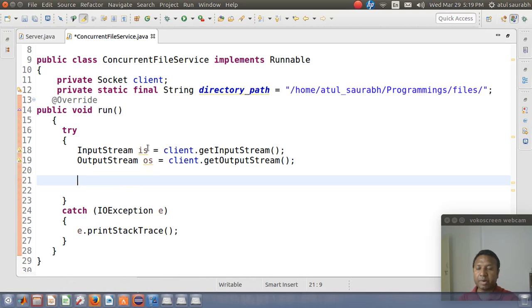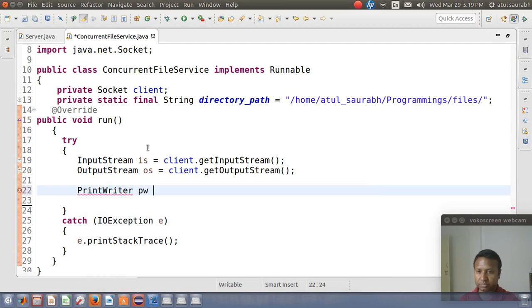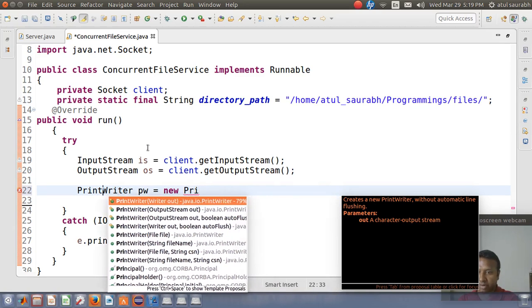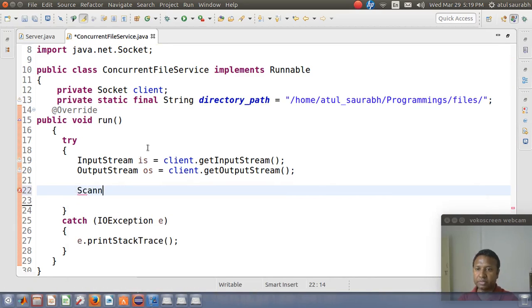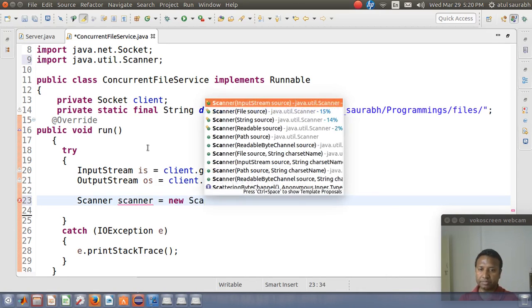Before going to that part, we need to get the file name from the client. So we need to work on a line reader. A line reader is not required, I hope. Why not work on the scanner? Scanner equal to new scanner.